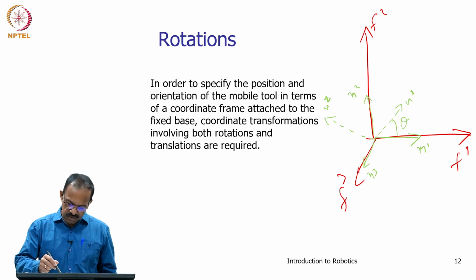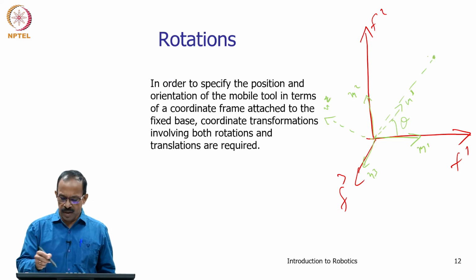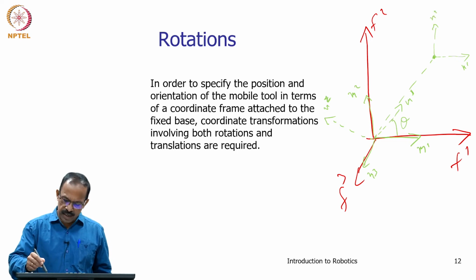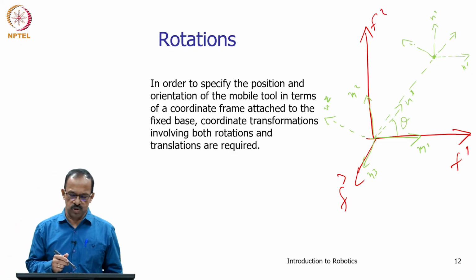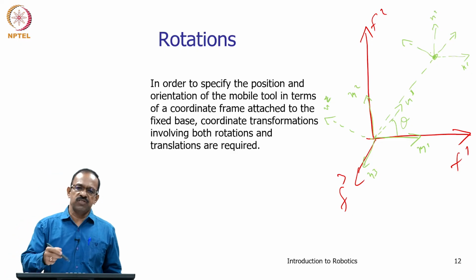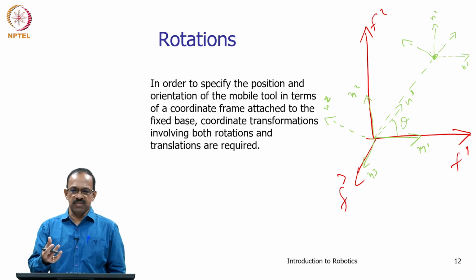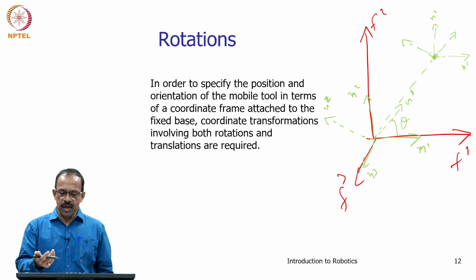And another one is that the transformed frame can move somewhere here, it can translate. Assume that it is initially translated like this, M1, M2, and then it can also rotate. You can have a translation and rotation or rotation and translation, anything like that is possible. So, there are multiple ways in which a coordinate frame or an object can move. When you say a coordinate frame is moving, we are saying an object is moving, and the coordinate frame attached to the object is basically the mobile frame.